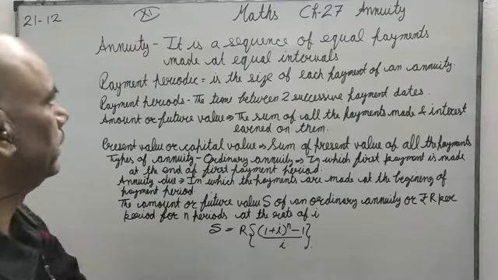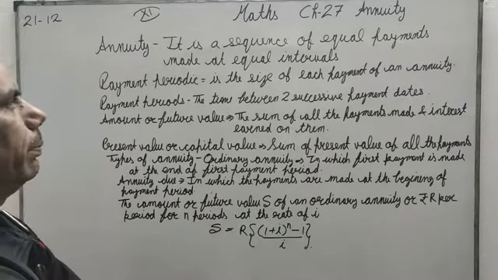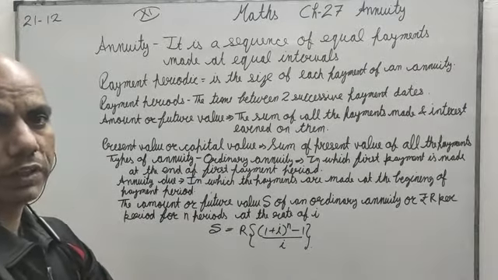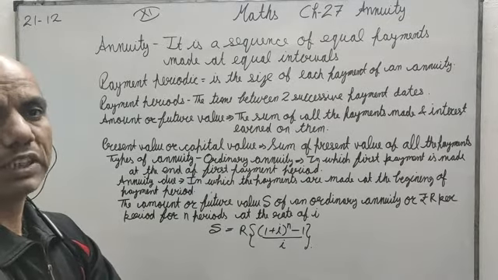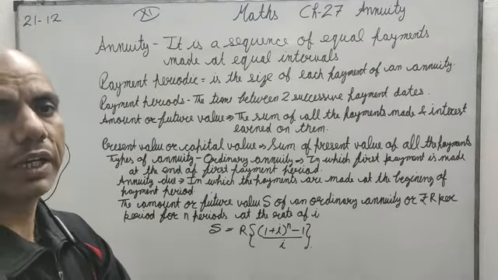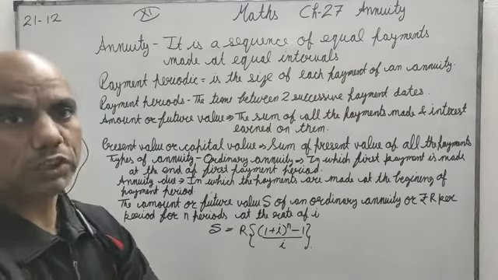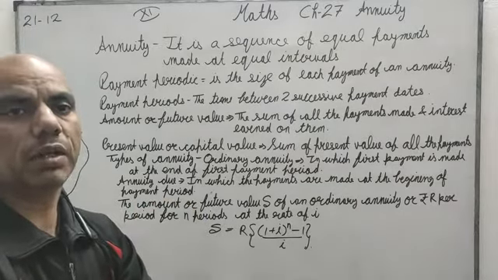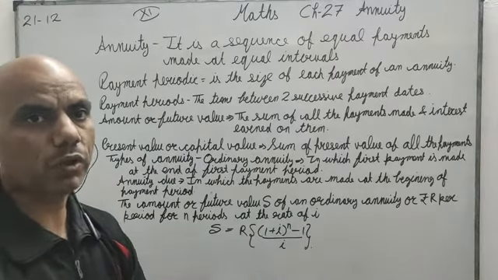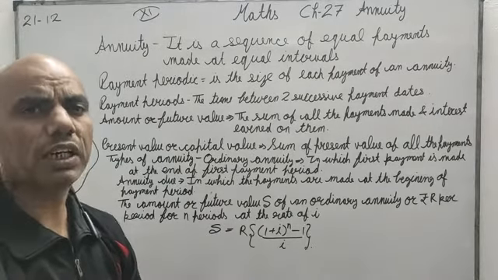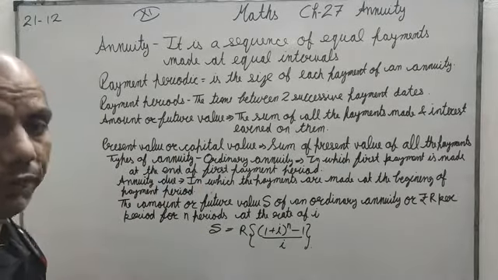Now what is this annuity? Basically, annuity is a sequence of equal payments made at equal intervals. For example, the payment of LIC premiums. For example, the payment of recurring deposits. Recurring deposit is a type of deposit in which every month you will have to submit a certain amount for accumulating some amount in the given period of time. Generally, RDs are there for 5 years. This LIC can be for various durations.